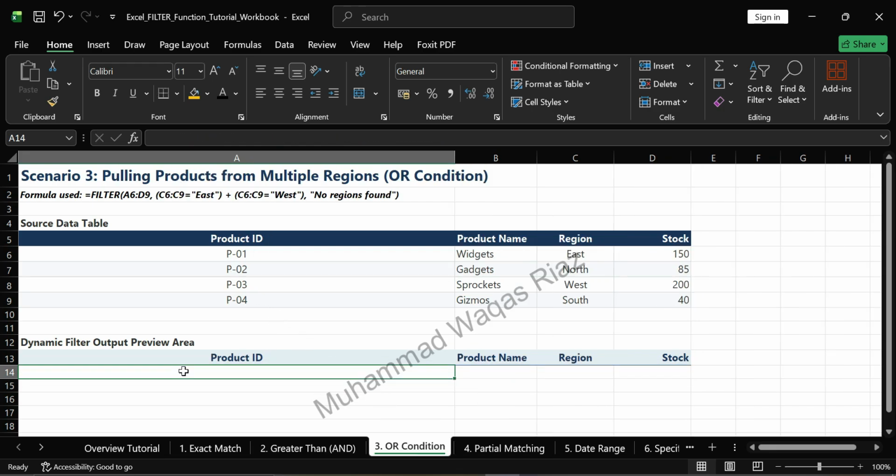Third example is filter data from multiple regions. For reporting, a regional supervisor needs to monitor inventory for both the East or the West regions simultaneously, completely ignoring North and South. When you want an OR logic where either condition can be true, you change that asterisk to a plus sign. Type in